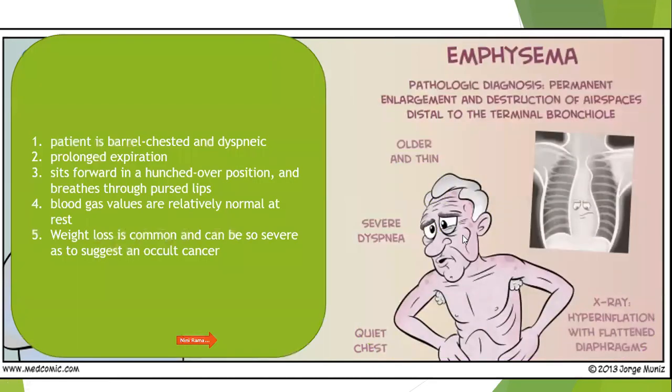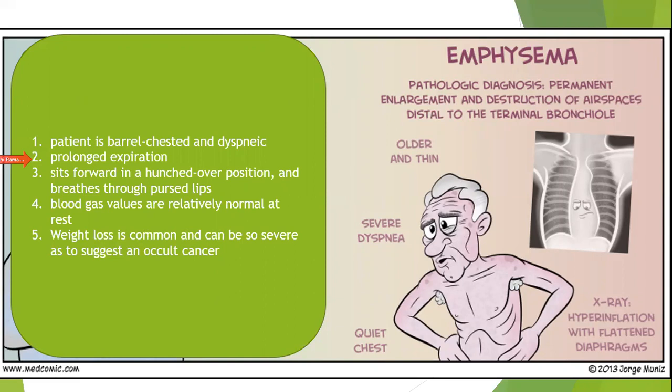Okay. So at the other end of the spectrum is your emphysema. So these are called pink puffers. Why are they called pink puffers? These are their features. The patient has barrel chest. Why is it barrel chest? Because the lung is hyperinflated, because you have enlargement of the air spaces, right? So there is hyperinflation of your lungs. So the patient is barrel chested.